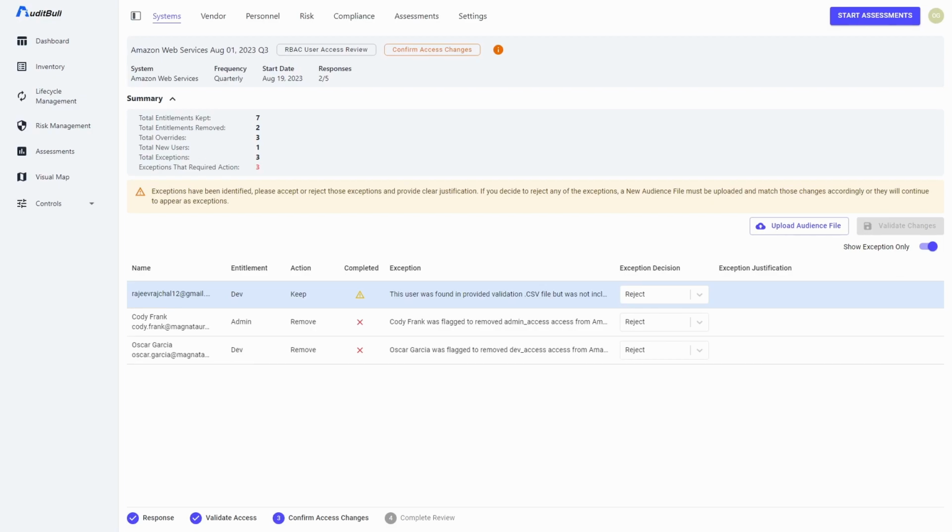After receiving the validation file, AuditBull has determined that we have not removed the users that needed to be removed and that a new user has appeared in our audience list. We must now either accept or reject those exceptions before moving forward. I'm going to decide to accept the exception with Rajiv here because I know that his access is approved because he is a brand new user who is currently being onboarded. To do that, I'm simply going to click on this drop down, hit accept, and I'm going to provide a justification here